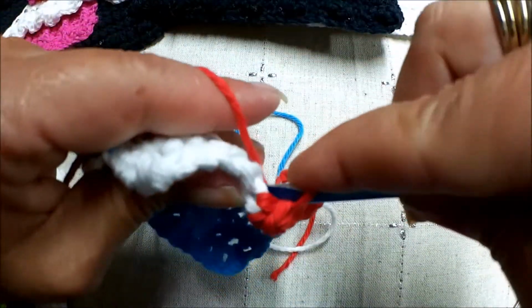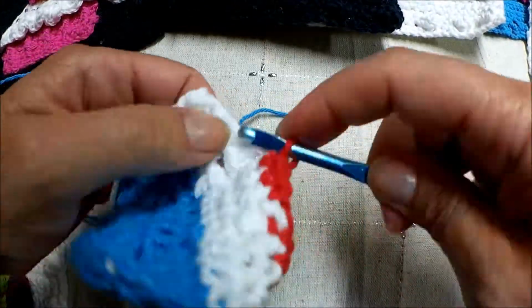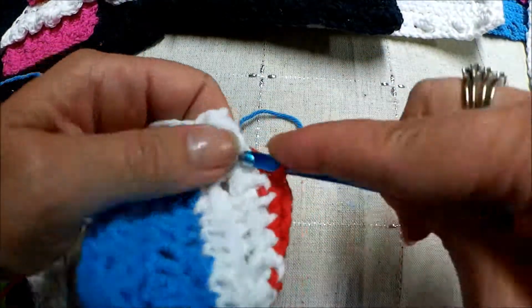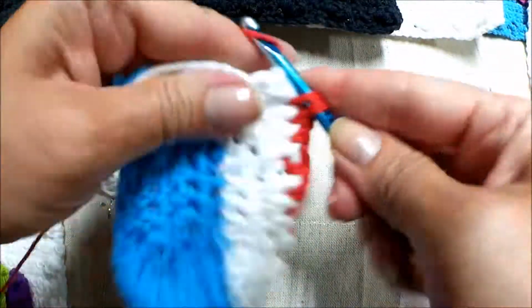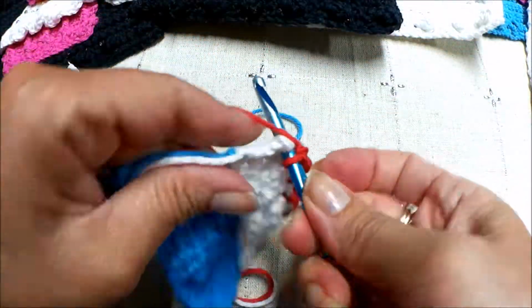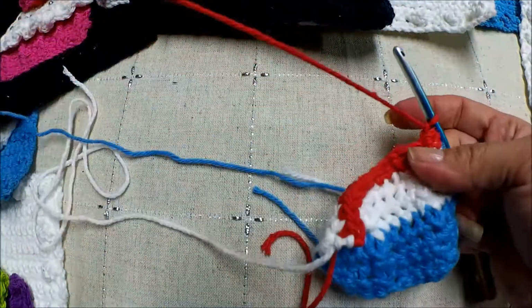And we're almost done with the back posts, so hang in there. Only one more row, I think, with those. And then 4 more single crochets. There's 1, 2, 3, and 4. Now we're going to chain 1 and turn, and we're going to start off here with a